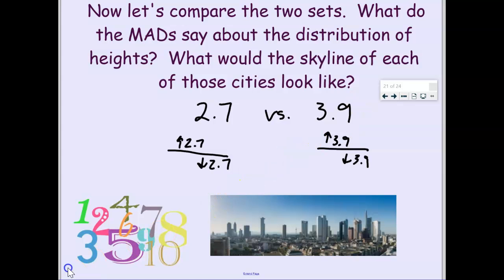Goodness, plane flying overhead. All right, now that all that background noise is done and the plane landed in my